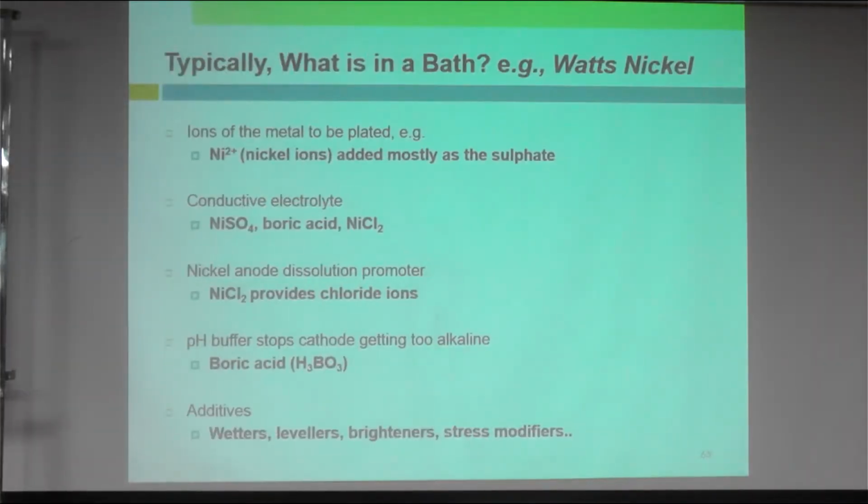The ions typically in the bath, for example nickel, we need nickel ions added mostly as sulfate. So the conductive electrode, nickel sulfate, boric acid, nickel chloride, then nickel anode dissolution promoter, then pH buffer, boric acid,